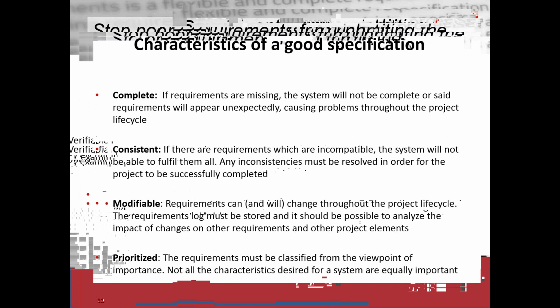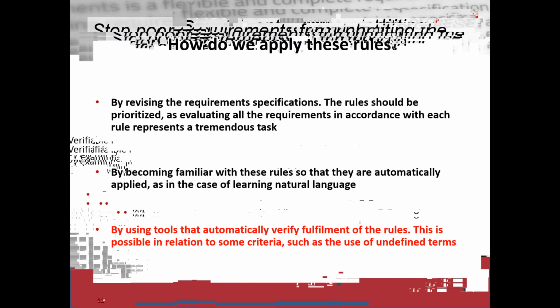So we have characteristics for a good requirement and characteristics for a good specification. How do we apply all these rules? There are different mechanisms. First of all, we have to become familiar with all of these rules, so we are going to apply them automatically. Additionally, we also have to review the whole requirement specification with the rules in mind, just to be sure that we are compliant with all the characteristics of a good requirement or of a good specification. But all those things are really difficult to do when you are writing thousands or maybe